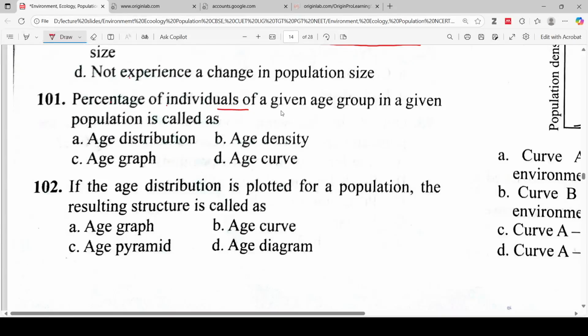The percentage of individuals of a given age group in a given population is called: option A, age distribution; age density, age graph, or age curve. The percentage of individuals of a given age group in a population is called age distribution. So age distribution will be the correct answer. If the age distribution is plotted for a population, the resulting structure is called age graph, age pyramid, age curve, or age diagram. So the age pyramid will be the correct answer. So next question,